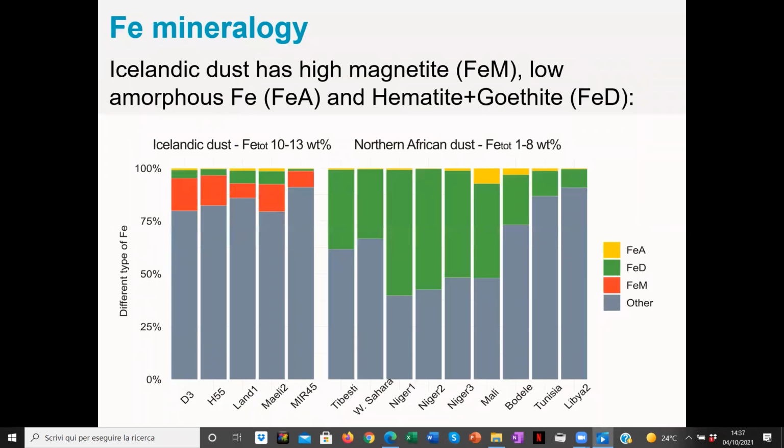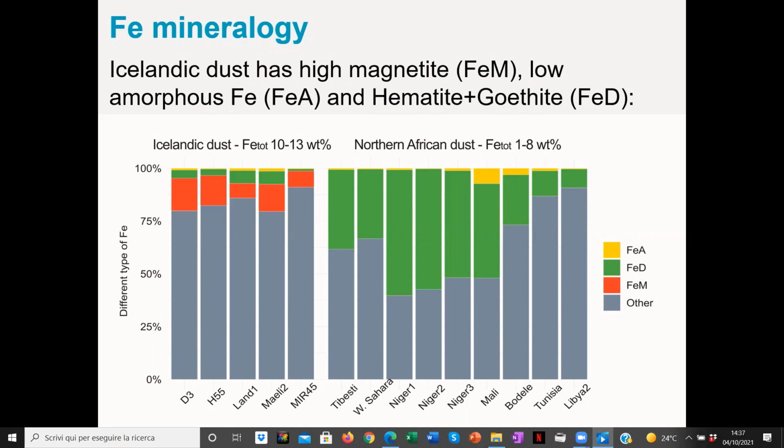This bar chart shows the iron mineralogy in Icelandic dust determined through sequential extraction of iron as amorphous iron Fe, hematite and goethite Fed, and magnetite Fem. Other iron can include, for example, pyroxene or the amorphous material. In Icelandic dust, the total iron content varies from 10 to 13%, which is relatively higher than in Northern African dust. Also, Icelandic dust shows higher magnetite and lower amorphous iron and hematite and goethite content compared to the Northern